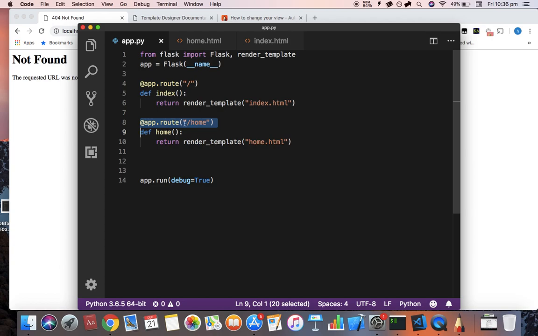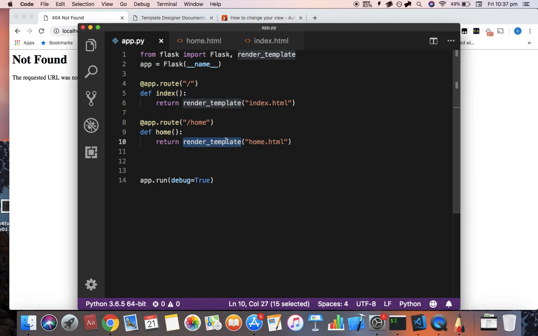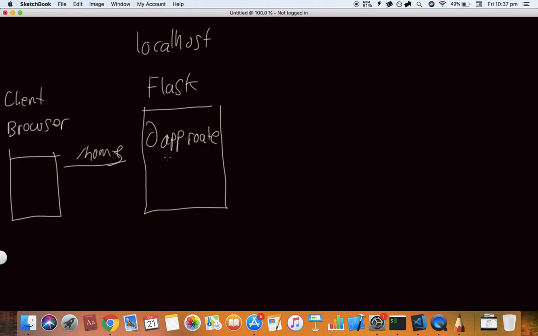So once it's found the correct route, it will run the function, in this case def home, and eventually we make a call to this render template function and return the results. So let's write that down. So it will call the view function and then call render template,